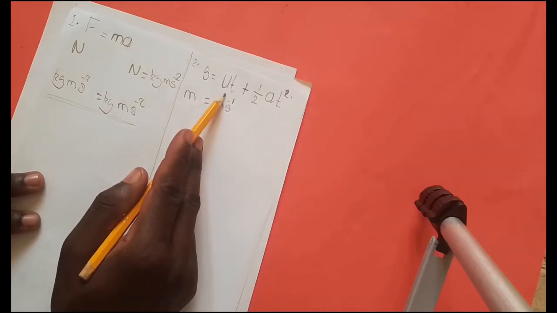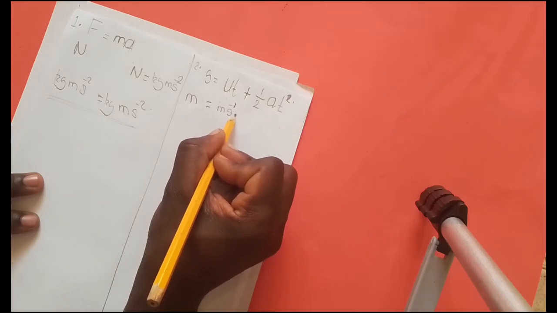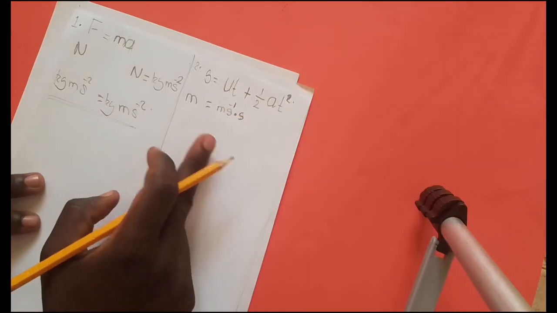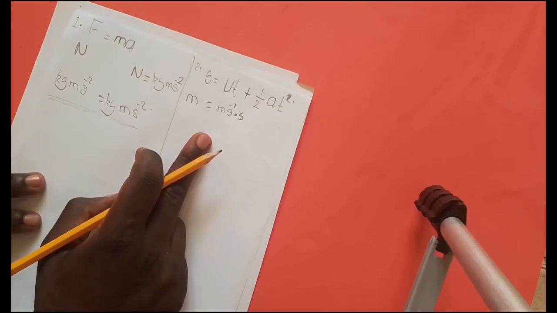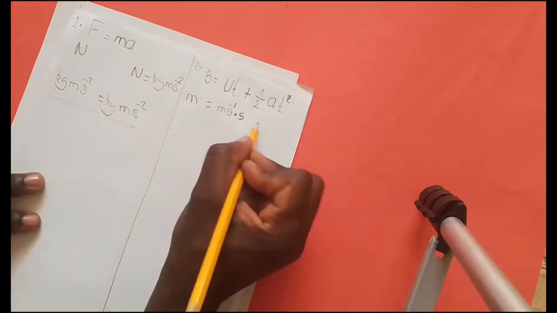Then ut, t is for time. What is the unit for time? The unit for time is seconds. So we're going to put a dot and we put s. A dot means multiplication. Obviously, when you're doing physics or mathematics, you already know that a dot means we are multiplying. Plus,